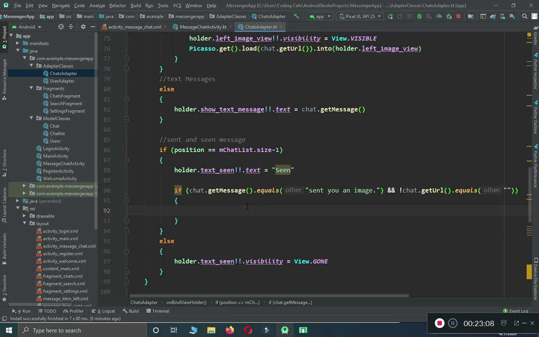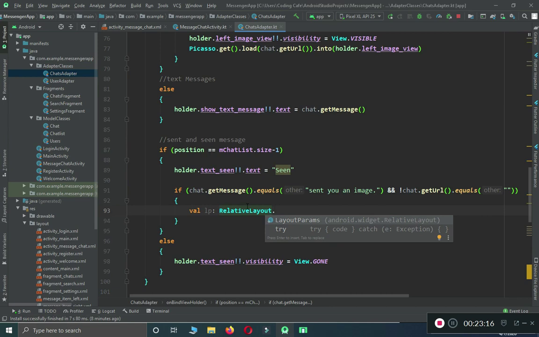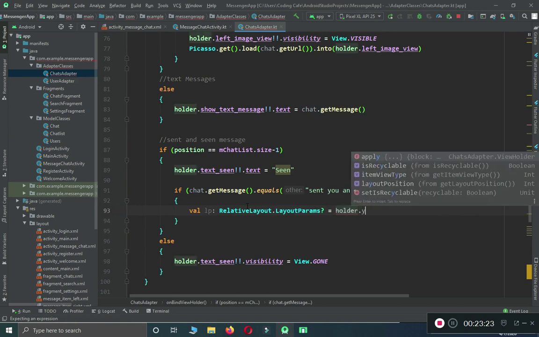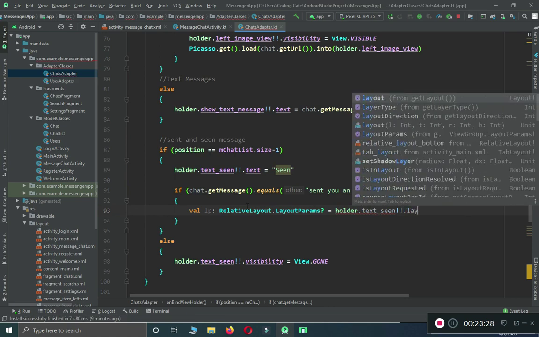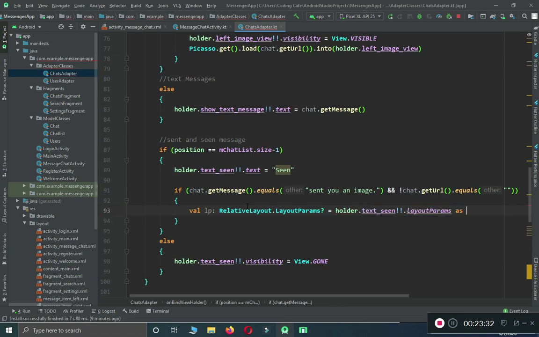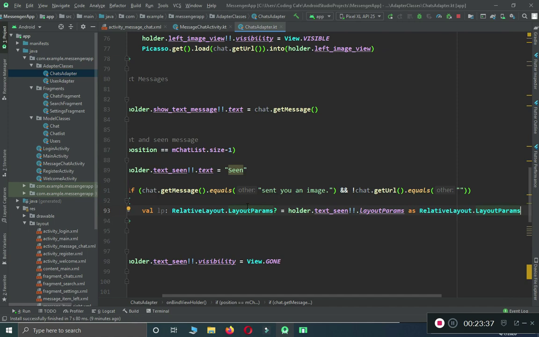In order to move it, we have to say RelativeLayout.LayoutParams lp = holder.textSeen.layoutParams as RelativeLayout.LayoutParams, and then we can say